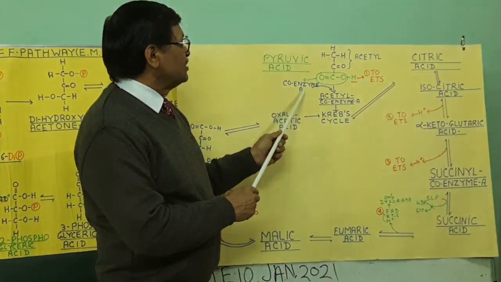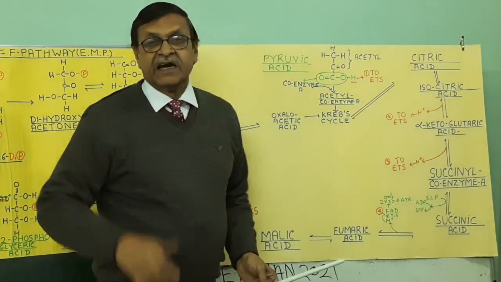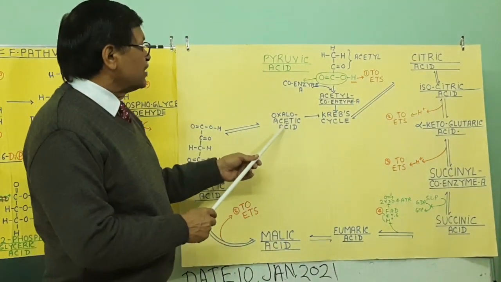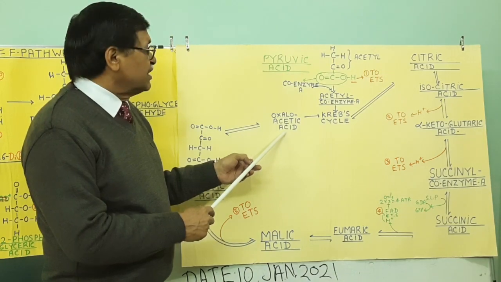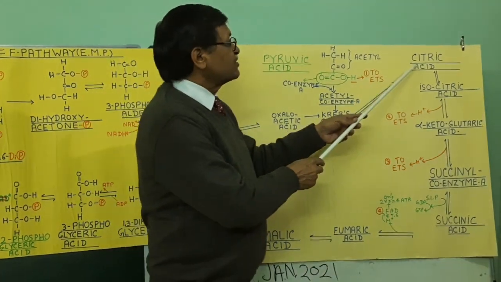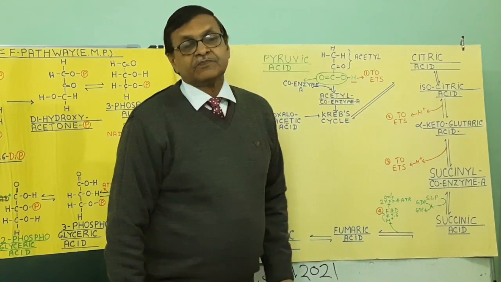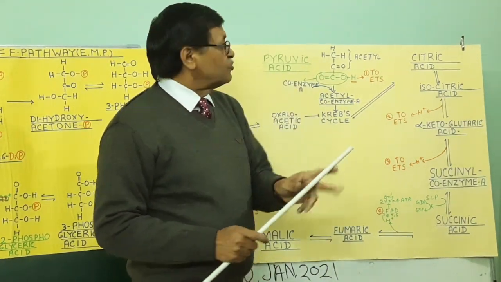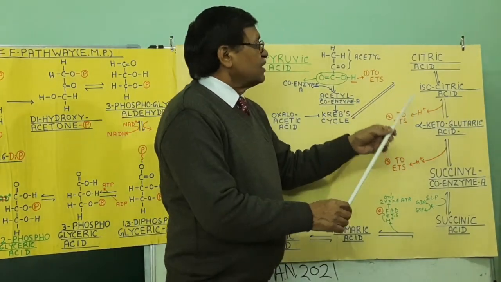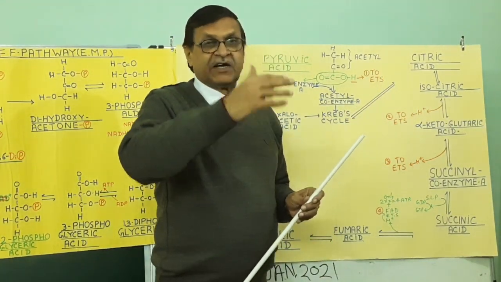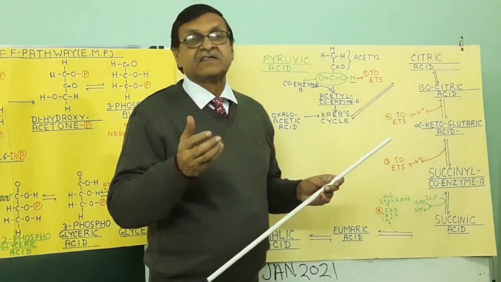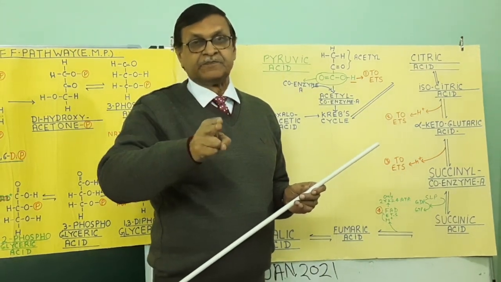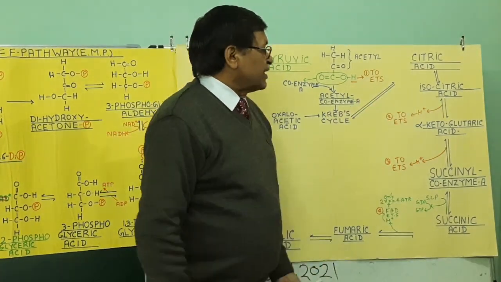Immediately it binds with a coenzyme A to form acetyl coenzyme A, and acetyl coenzyme A actually enters in the Krebs cycle. It binds with a 4-carbon atom oxaloacetic acid to form a 6-carbon acid, citric acid. Now, in the beginning, there is an isomerization. In isomerization, what happens? There is removal of H and OH from 2 carbons, and again they are added just in a reverse order. So they are changed into isocitric acid.